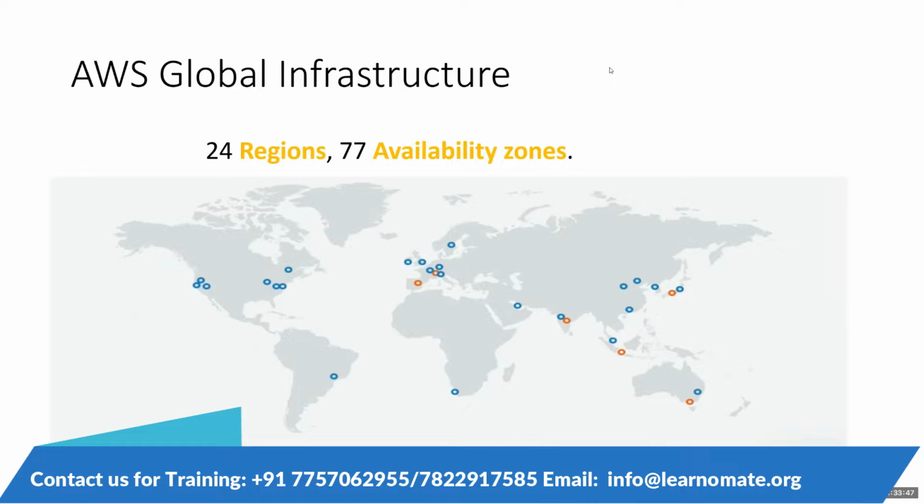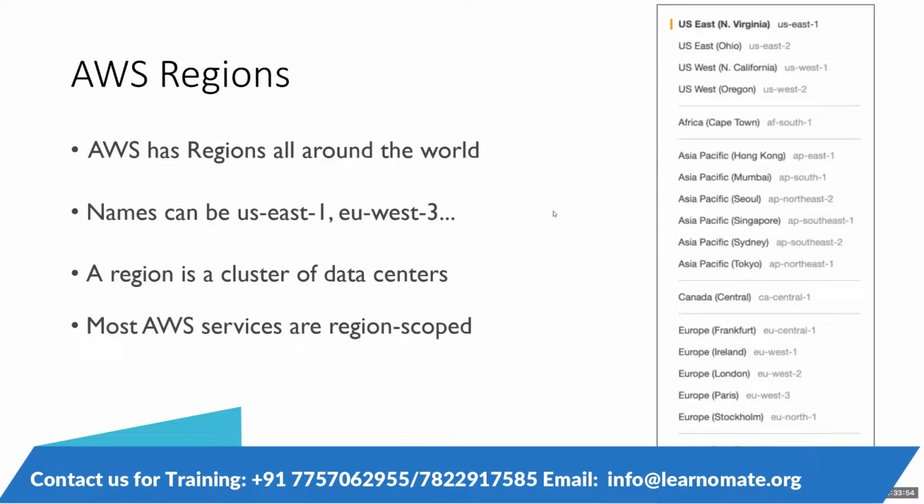Now when you move to availability zones, can you go to the next slide, Gaurav? Yeah, as I said, they have a naming convention for each region. On the right side, you see US East 1 is North Virginia, and the Ohio region is US East 2. Similarly, you have the Mumbai region as AP South 1, Hong Kong as AP East 1. Based on that, all resources in AWS are defined by these particular regions.